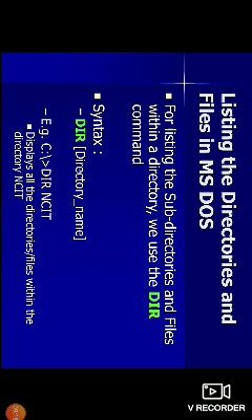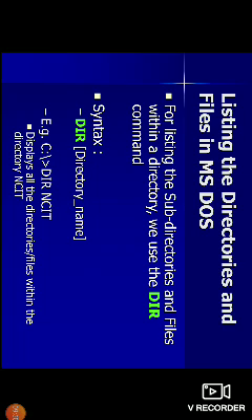Listing the directories and files in MS DOS. For listing the subdirectories and files within a directory, we use the dir command. So here see the syntax: dir space directory name. For example, C colon slash greater than dir space NCIT.